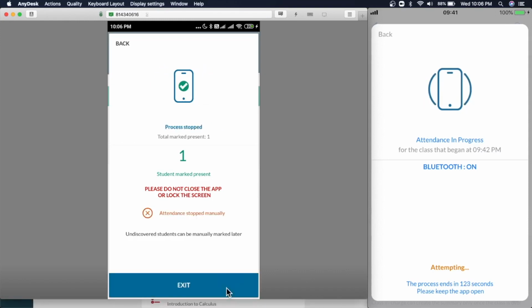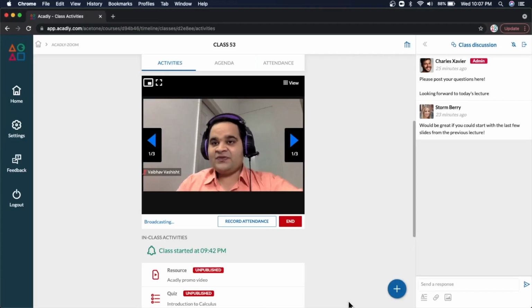Now, as soon as you end the process, students get a confirmation on their screen that they have been marked as present, and that's it. So in case this process fails for any students, you can also manually edit the attendance records. So this was attendance, and as you can see, we've implemented different methods for capturing in-person as well as online